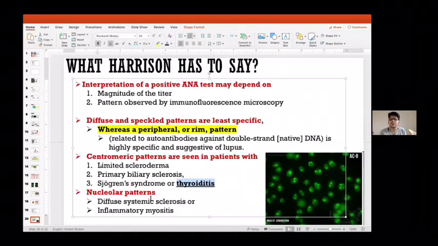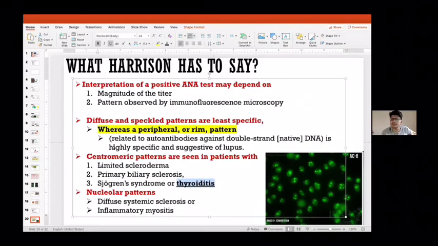So these nucleolar patterns are associated with myositis and diffuse systemic sclerosis. Now, diffuse systemic sclerosis and scleroderma, we overlap when we are practicing. They are in a way different, but it's okay. We will keep them the same right now. When we discuss the Harrison part of systemic sclerosis, I will tell what the actual thing is. Okay, but at present it can be the same as diffuse systemic sclerosis or inflammatory myositis, where nuclear patterns are there. So here just note down diffuse and speckled, not specific.